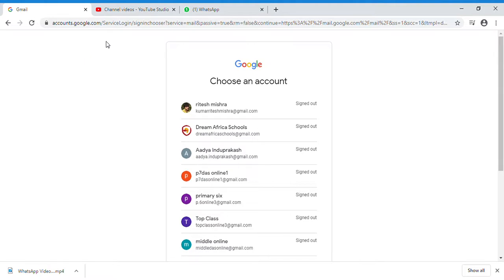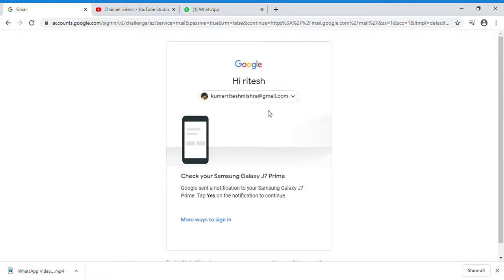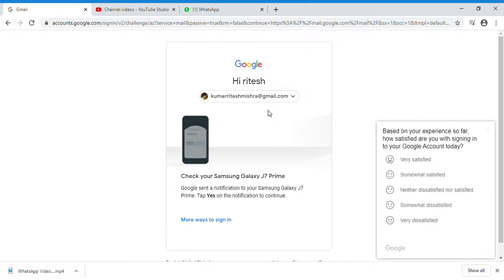First of all, what we need to do is go into the Gmail account which you have created for your child. We prefer that it is the children's email because teachers will find it easy to identify. So let us assume that I am Kumar Ritesh Mishra, a child, a student, and he's supposed to join the Google Classroom. My email ID is here. Now I'm supposed to input my password, which I have done, and then I log in using my password.